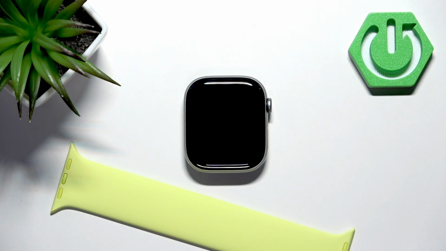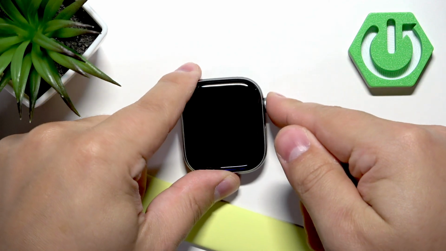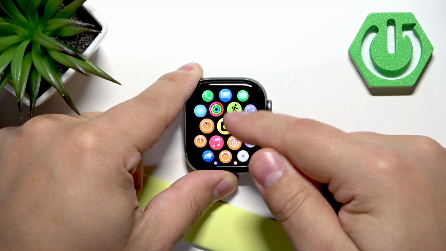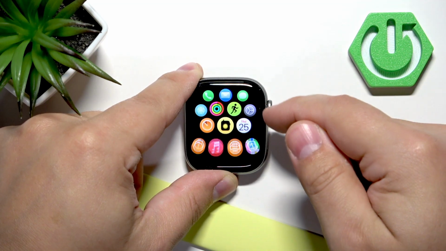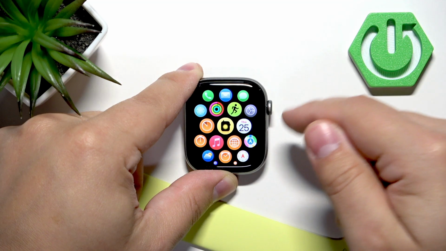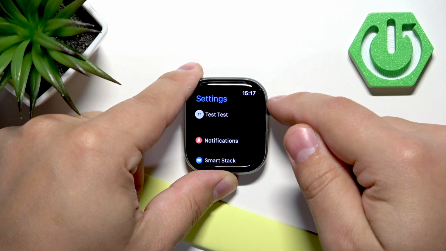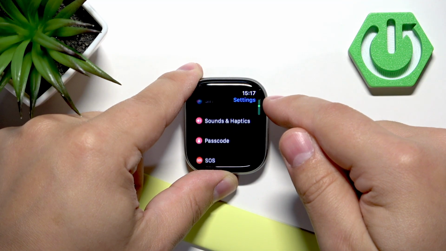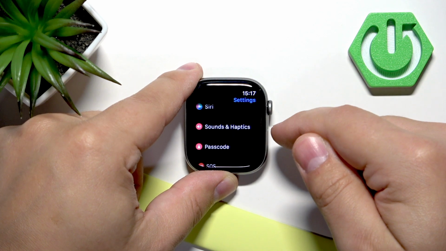First we need to wake up the screen on our watch, and you can do it by pressing the crown button. After you wake up the screen, press the crown button again to open the menu. Now scroll through the menu and look for the settings icon, this one, and then tap on it to enter the settings. In settings, find the option called sounds and haptics, and tap on